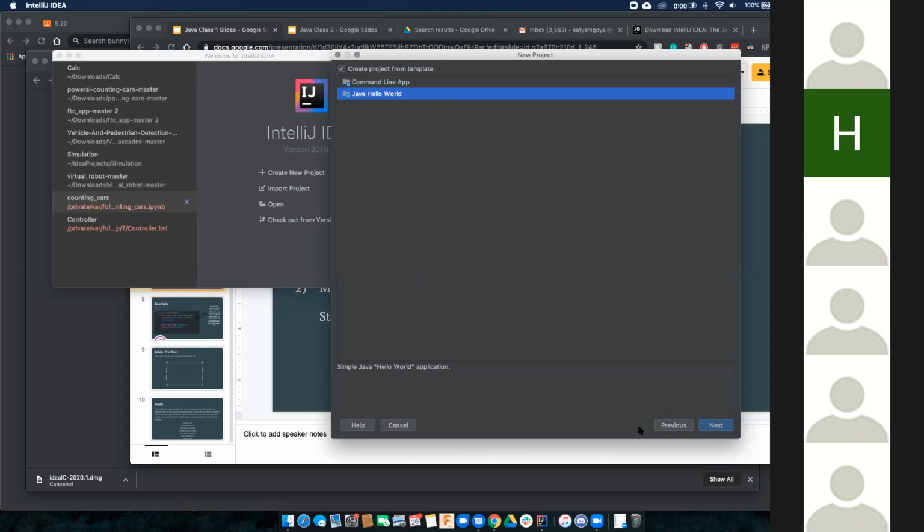Was everybody able to? So just click next from here and create a Java project from the Java Hello World template. My server isn't working. What isn't working? Your server? Wait, what do you see on your screen when you clicked next originally? Can you share your screen? Just share your screen.